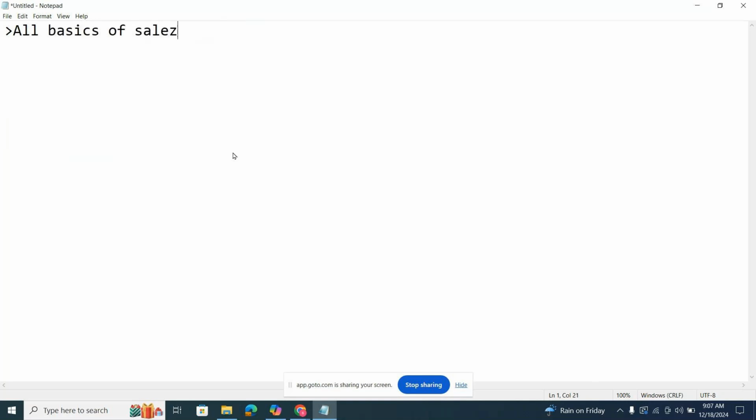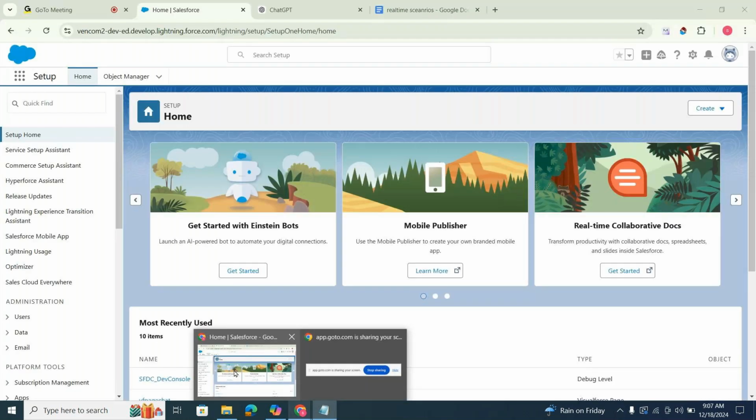Let's go one by one. The day after tomorrow also I'll discuss the basics of Salesforce. For 4 to 5 days I'll discuss the basics because you need to get familiar with this Apex programming. Then only you can do things easily. This is about today's class, team. Anyone have any queries? Anyone want to discuss anything?